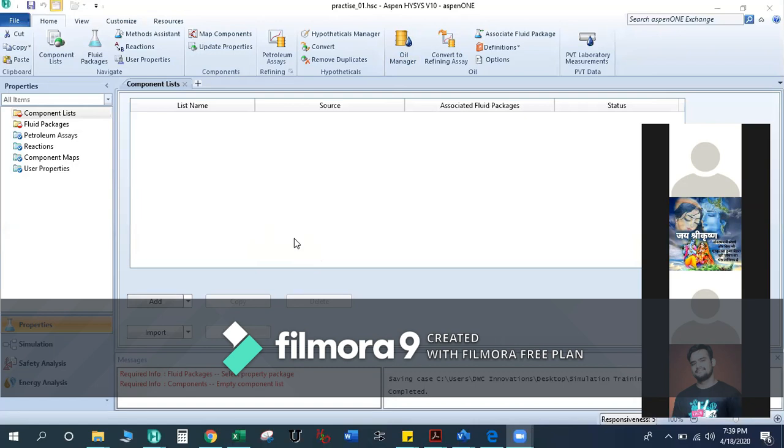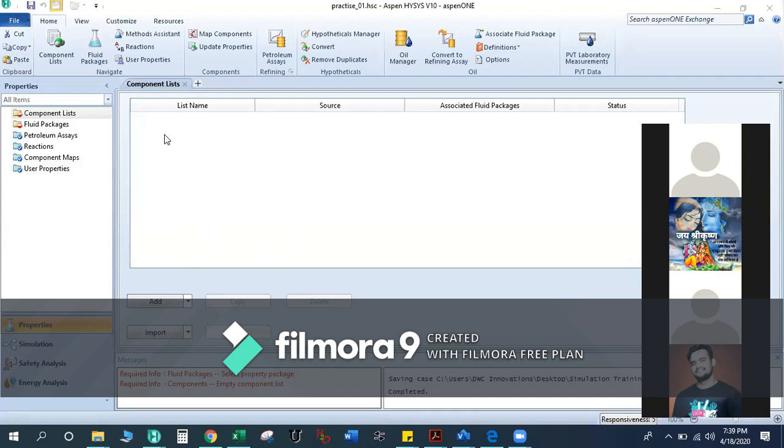Okay. See, once you double click or use whatever way you can to start Aspen HYSYS, your interface will be something like this. Now, as we discussed, if you compare this with the actual plant, in an actual plant you have the raw material. So here also, you will have to introduce the components into the system, which you can call the raw material. That will come into the component list. I will add it.